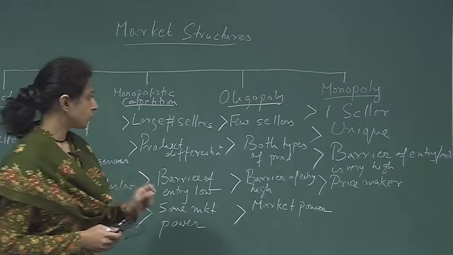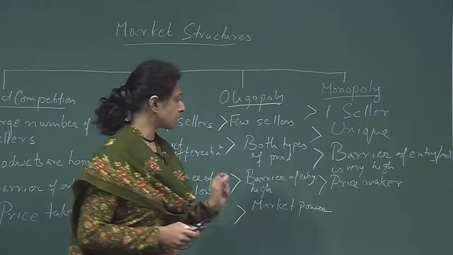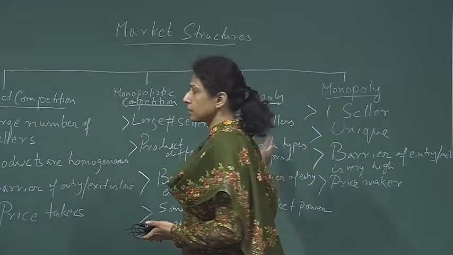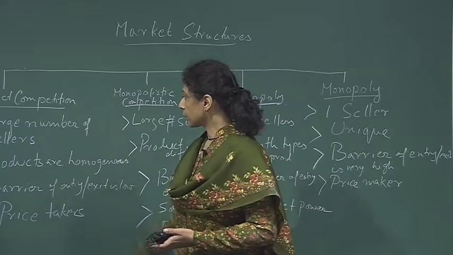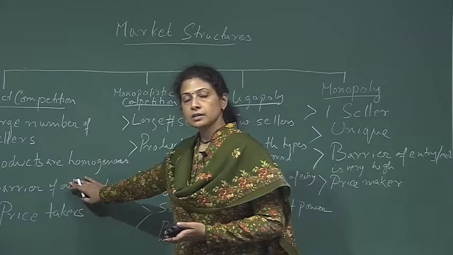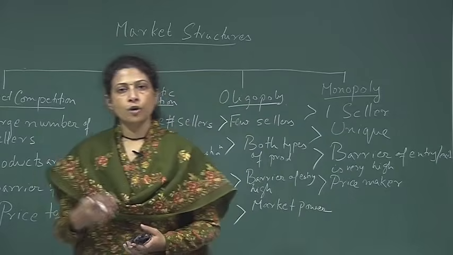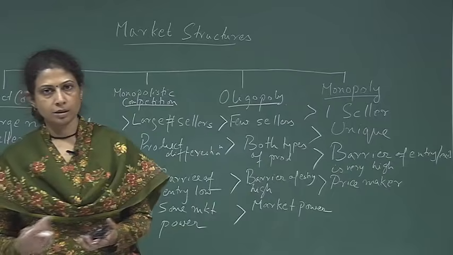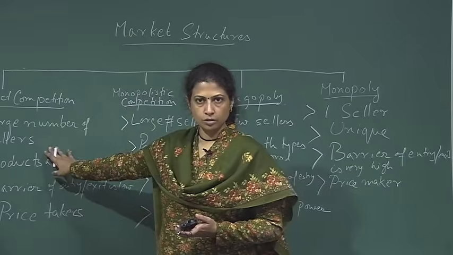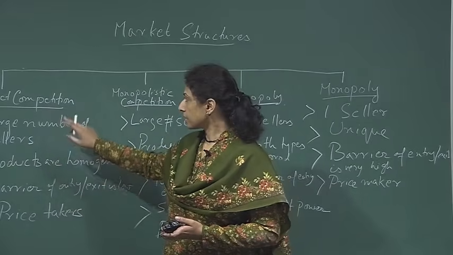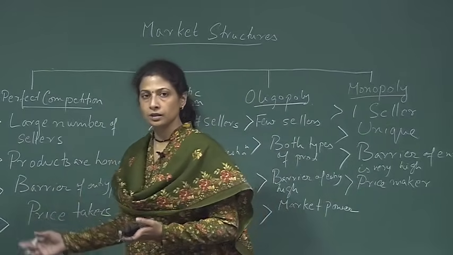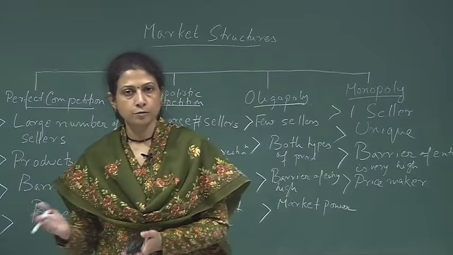These are the different kinds of market structures that we are going to discuss during this course. One more interesting thing to end the discussion: what is the role of advertisement in all of these market structures? In case of perfect competition, since products are homogeneous, it does not make sense for a firm to advertise its products because they are all similar. By advertising, it is just going to increase its own cost. However, industry level advertisement is possible, which is going to shift the demand curve to the right.